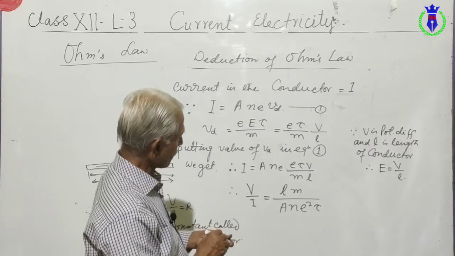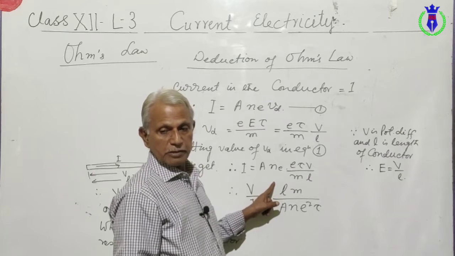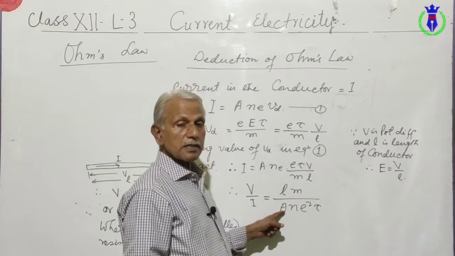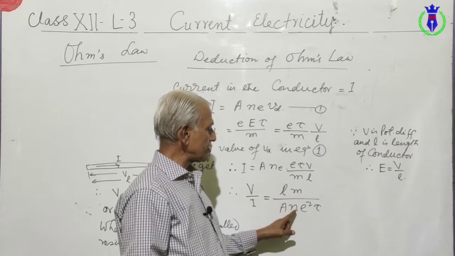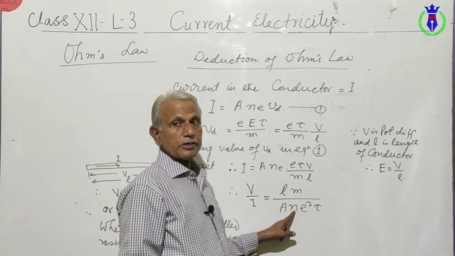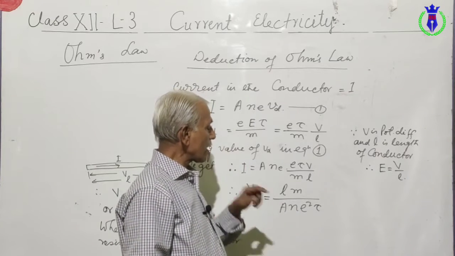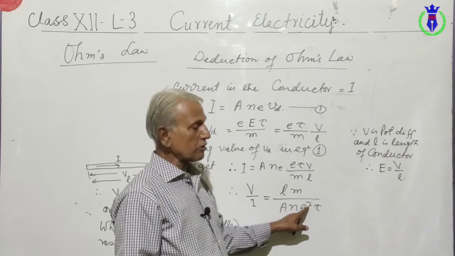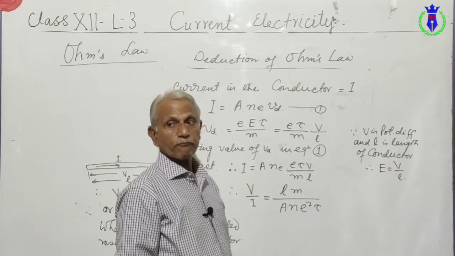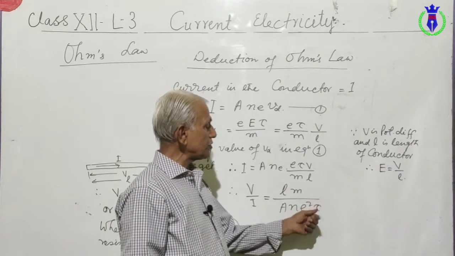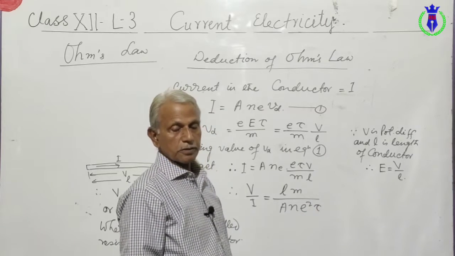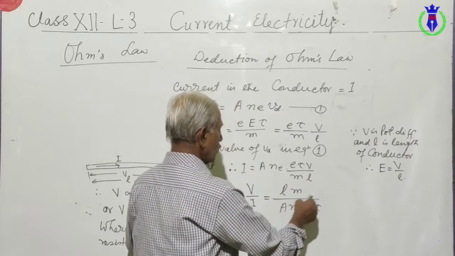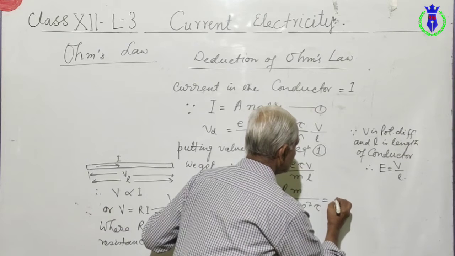Here also we see that L is the length of the wire which is constant for a particular wire, m is the mass of the electron which is constant, A is the area of cross section for a particular wire is constant at constant temperature, and for the same material n is constant, e is a universal constant, tau is the average relaxation time which is constant for the constant temperature, and therefore this whole thing is constant. This is equal to R,